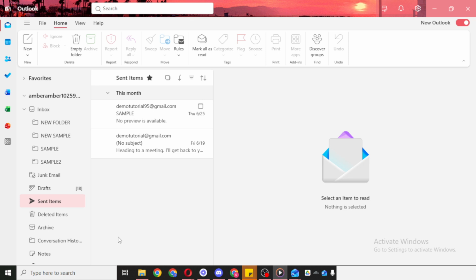To get started, open Outlook on your computer or in your web browser, depending on how you usually access it. Once Outlook is open, look for the Calendar section and click on it. This will take you away from your email view and into your schedule, where you can see your appointments, meetings, and open time slots. From there, click New Event.